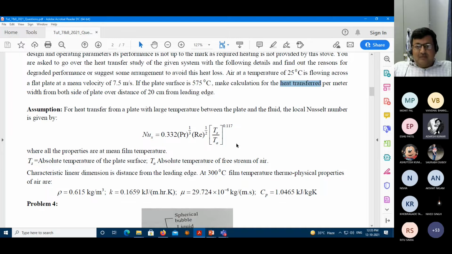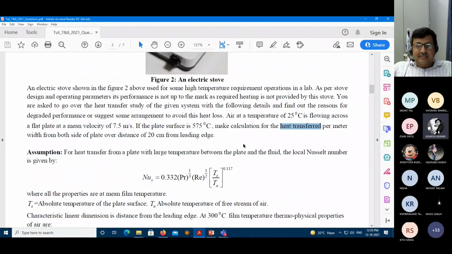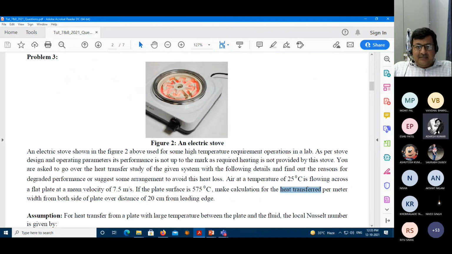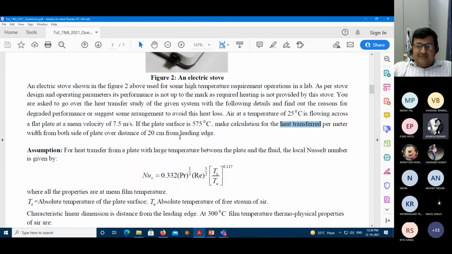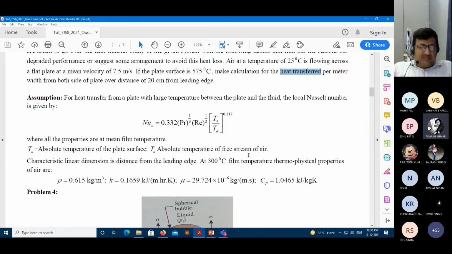While you are looking at the lecture notes and all these things, it appeared like Hebrew, right? But now you can see that a simple hot plate, if you put it as a plane, and there is air flowing at a speed of 7.5 meter per second, you can really calculate the film formation and the convective heat transfer associated with that, just by using these correlations. And you will get... Sir, 59. Yes, about 57, 58. Heat transfer coefficient.